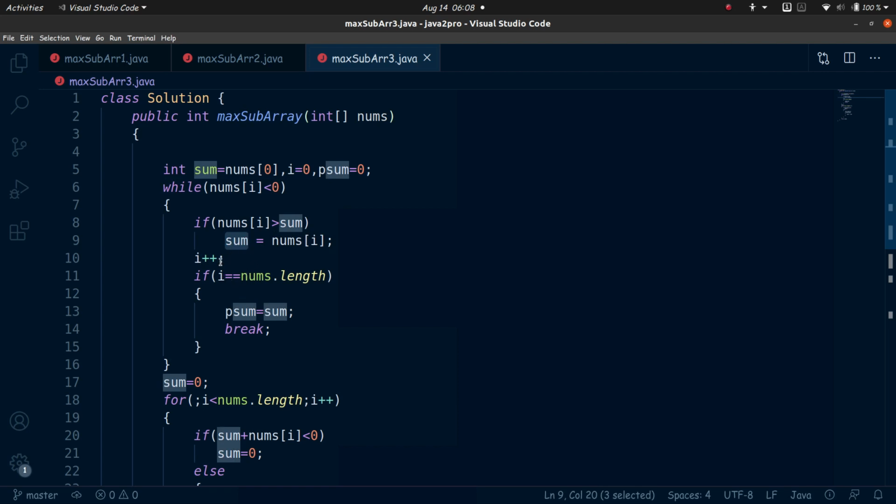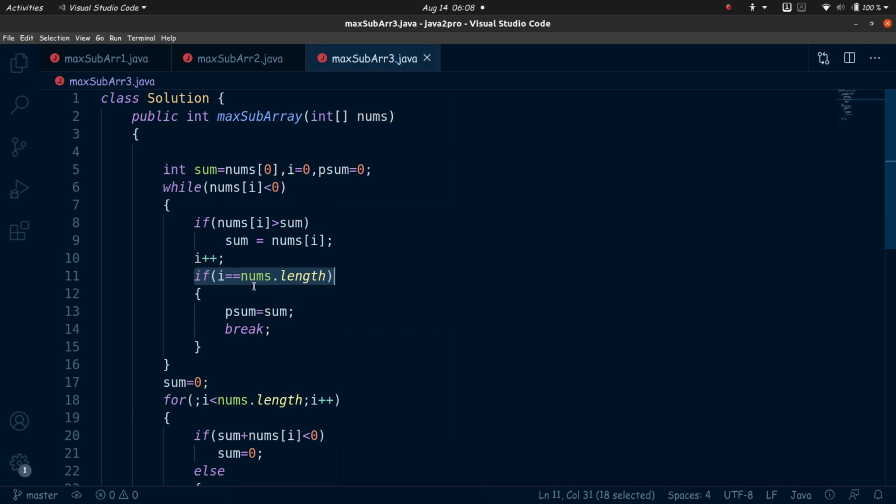And we keep increasing I. If at any particular instant I becomes equal to num's length, that means we have already crossed the entire array, and I has become one larger than the last index.